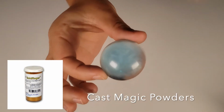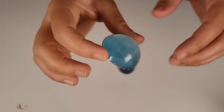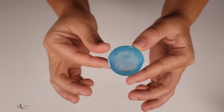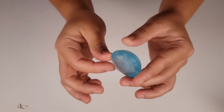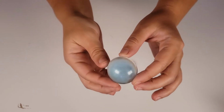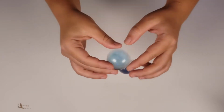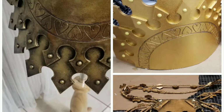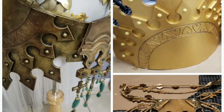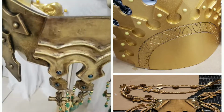With this one, I added in different types of powders. Smooth On does have Cast Magic powder, but depending on what kind of powder you use and the weight of it, it might sink. So you want something lightweight to stay mixed well in the resin as it's curing. As I was working on my Cove Teroth costume, there was a lot of experimenting I did